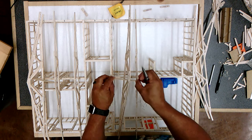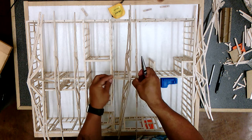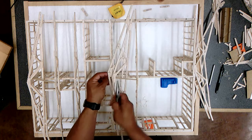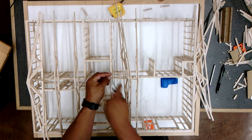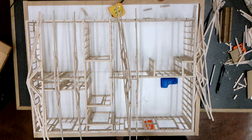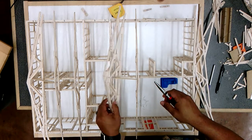This is where it'd be nice to have one more hand, but we don't have that. So this will be probably one of the most difficult parts for you because these want to keep flipping over. Toenail the bottom of the sway brace in and grab another nail. Flip the two down,